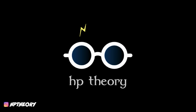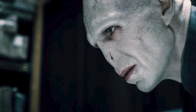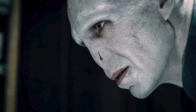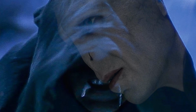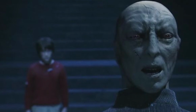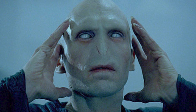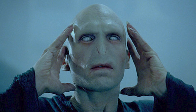In this video, we're going to be discussing the appearance of Lord Voldemort, and the very different look that he nearly ended up having. Now, when the films first start up, Voldemort doesn't have his body back yet, thanks to Potter. Because of this, we see him sort of awkwardly shift from one form to the next, transitioning from wisp to a face on the back of Quirrell's head, to a rudimentary form, and then finally into the form that we are all accustomed to. But what a lot of people don't know is that for one of Voldemort's earliest forms,